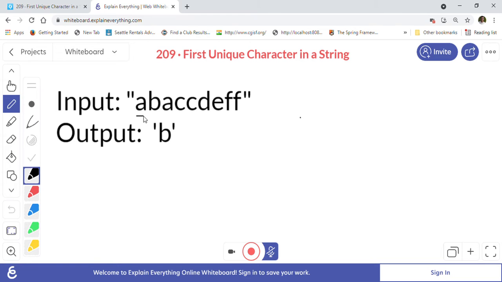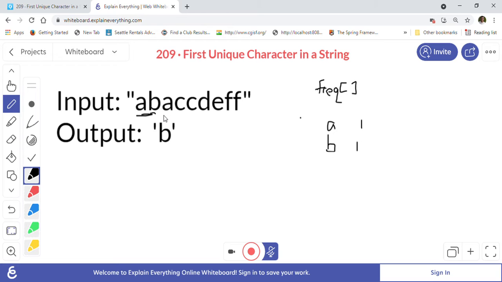So we are here, we are seeing character A. So let's say this is our frequency array, and in the frequency array we will map the frequency of A as 1, right? Then we are at B, where we will map the frequency of B as 1.